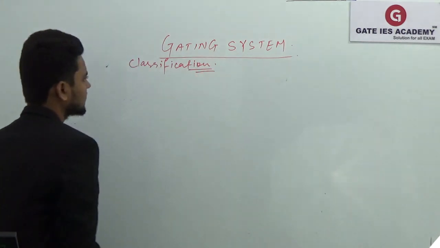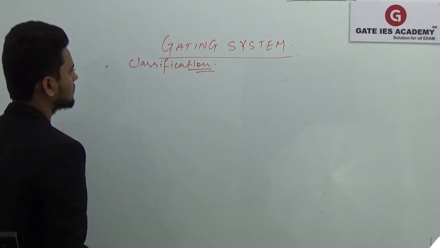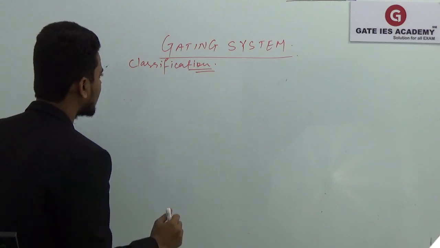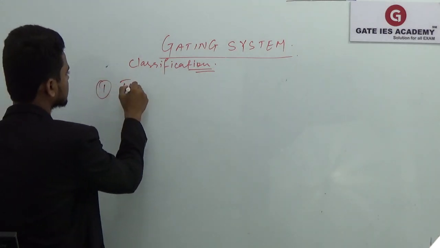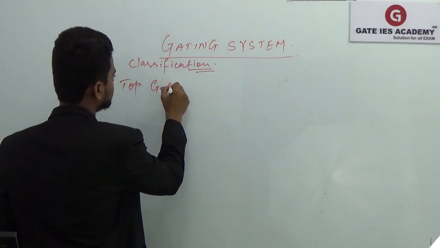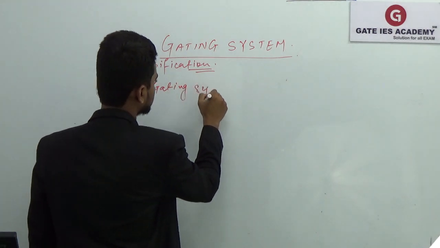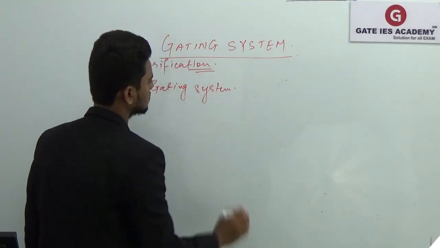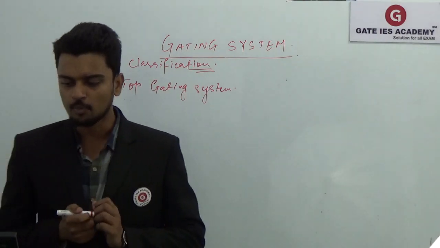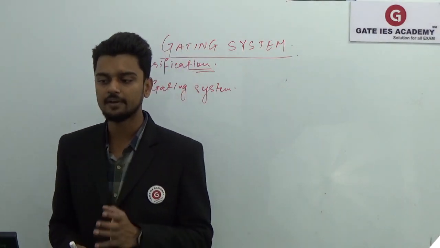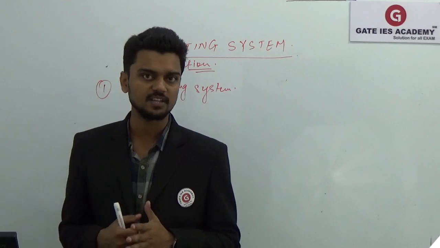As I said, there are three types of gating system: top, bottom, and side. We'll start with the top gating system. In the top gating system, the molten metal enters the cavity from the top with atmospheric pressure at the